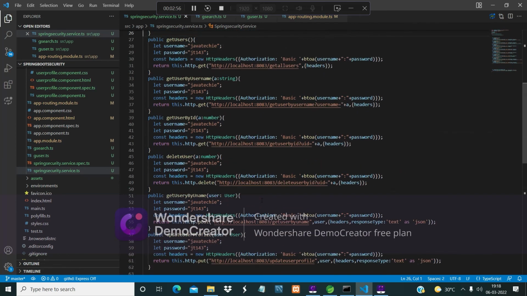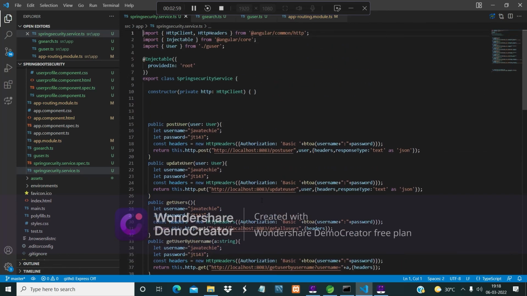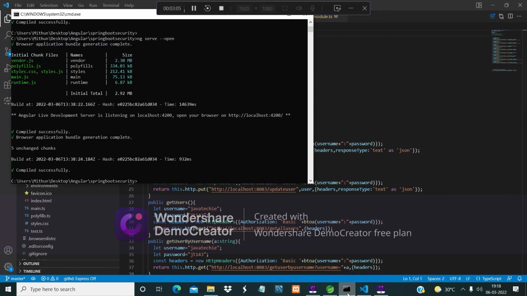So the Angular application is ready. We will just test it in Google Chrome. The command for running the Angular application is ng serve --open.